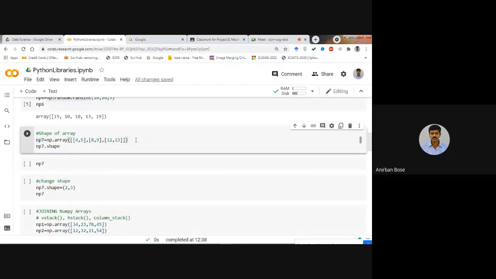Now if you want to check the shape of this array, the command is np7, that means the name of the array, dot shape. That will give you how many rows and how many columns there are.